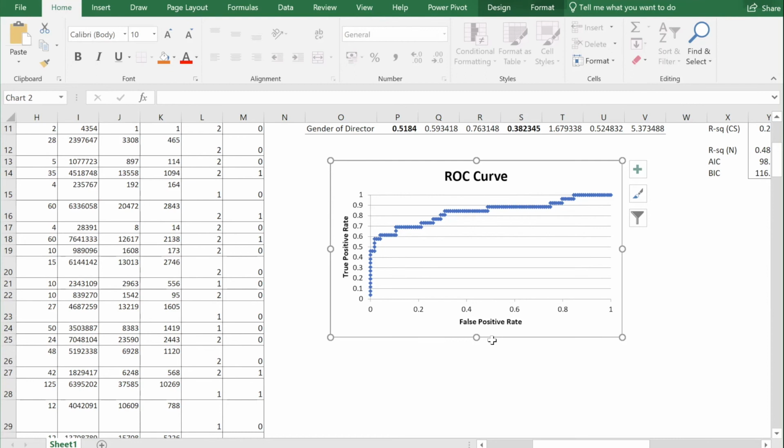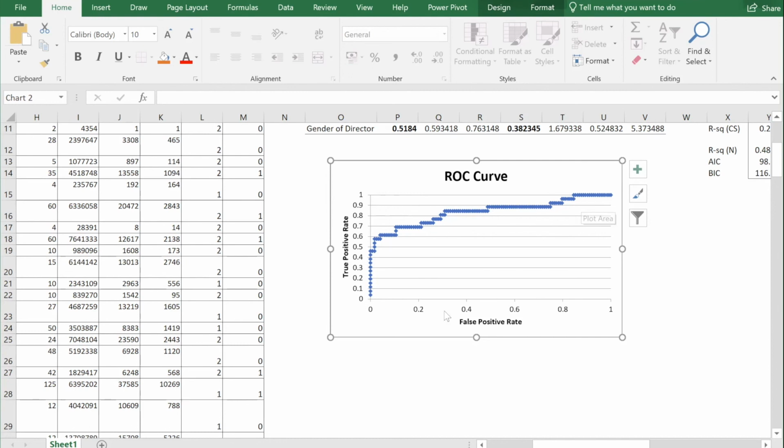The ideal curve basically runs from this point 0 to 1 and goes straight from this point. But that is an idealistic situation which may not be possible in reality. But a higher ROC curve will indicate a better model. Another indicator is AUC, that is area under the curve.